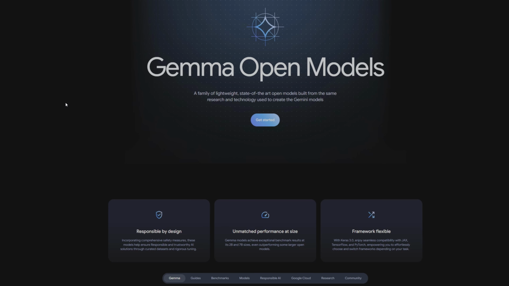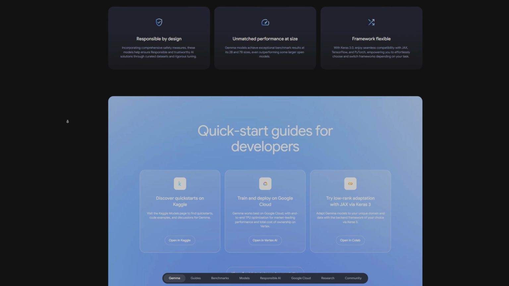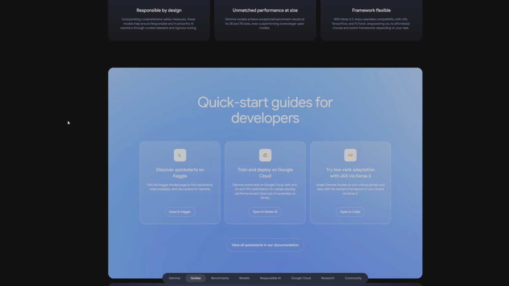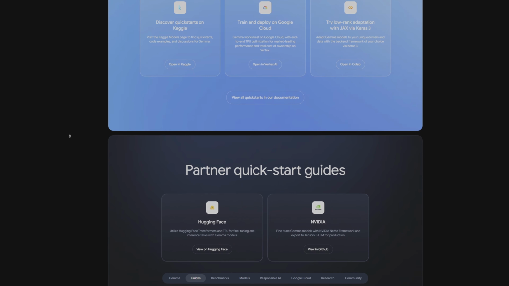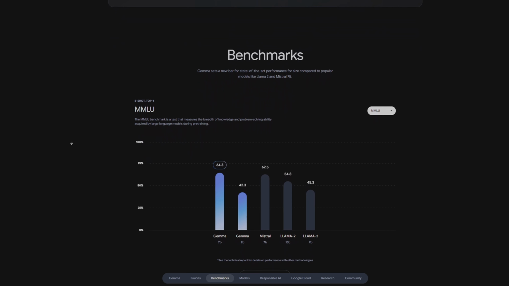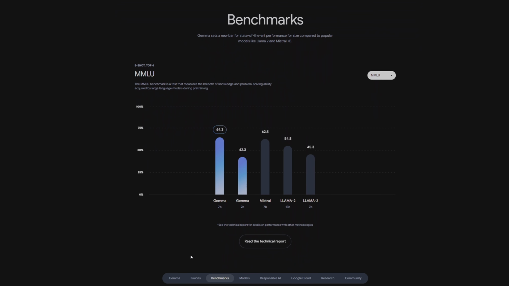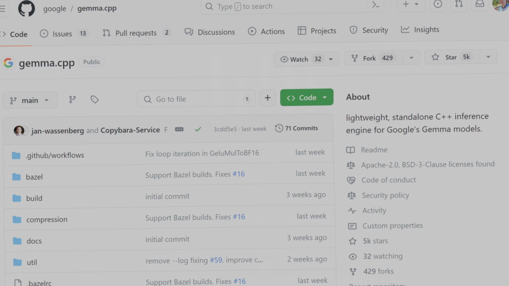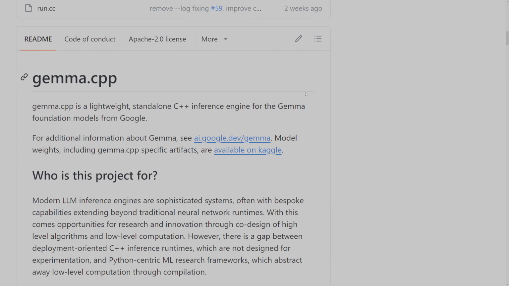However, while we wait for Gemini Nano, Google released the Gemma models. So Gemma are two models, 2 and 7 billion parameters. Google released Gemma as open weights, meaning that you can download the model to your local computer and run inference. So it's a chat kind of experience, similar to the Llama models from Meta, but these are from Google and called Gemma. Google also released the Gemma CPP project application, which is what you can use for running inference against